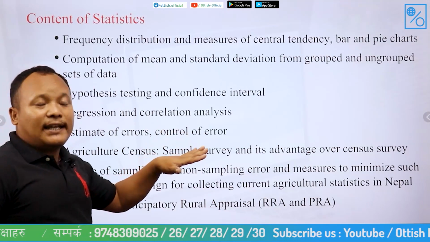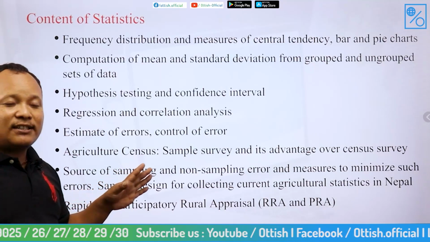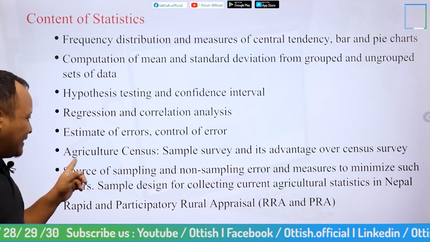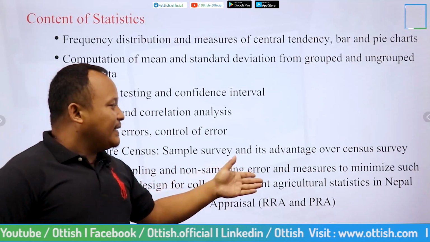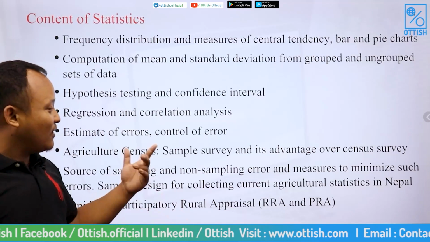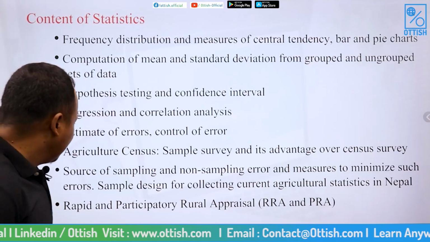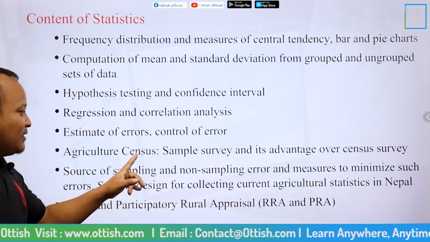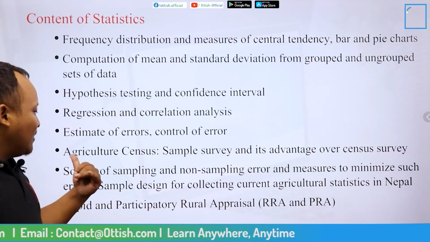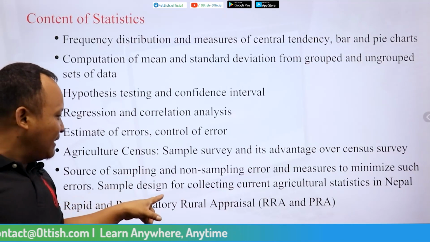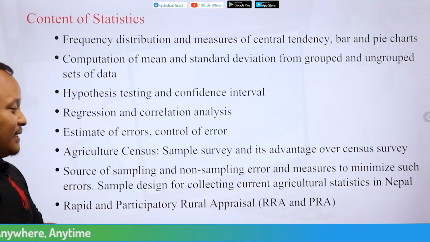These are based upon the experimental design. Next one is the different types of census conducted by the Central Bureau of Statistics, that is the agriculture census. Based upon this type of census, we study the sample survey and its different advantages or merits over the census or complete enumeration. Next, sources of sampling and non-sampling errors, and how these should be minimized, such as the different types of sampling design for the current collection of agriculture census,